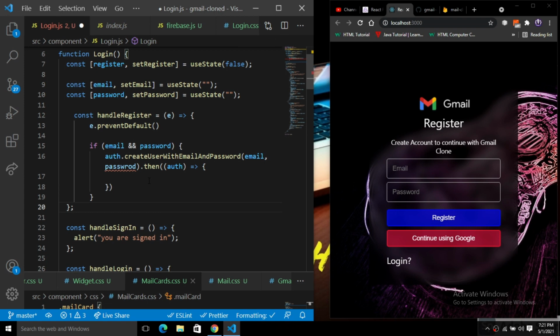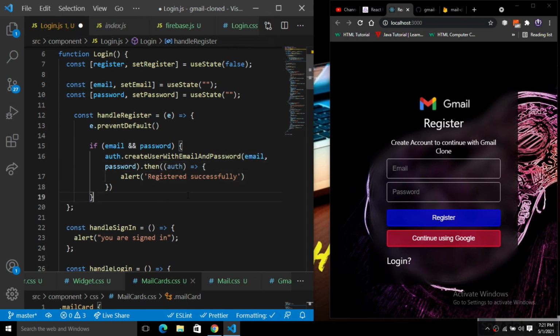And we will simply alert the user that they registered successfully. So we'll put registered successfully. Okay, we have misspelled this.